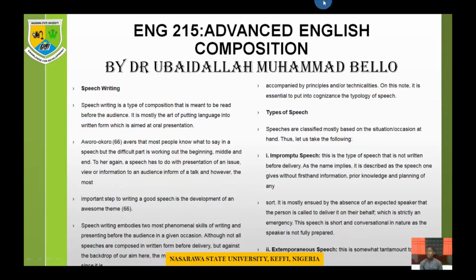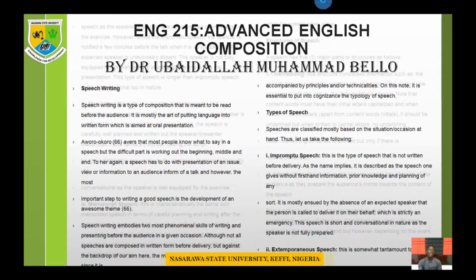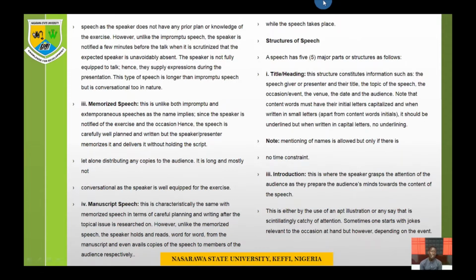Unlike that impromptu speech where you only hear your name, your mind must not even be there, and you have no option but to accept, because they regard you as someone who can do it anytime and for anything. But this one is extemporaneous because you are being told. You have information that you will do it, but just a short time before you are called. This is majorly the difference between impromptu speech and